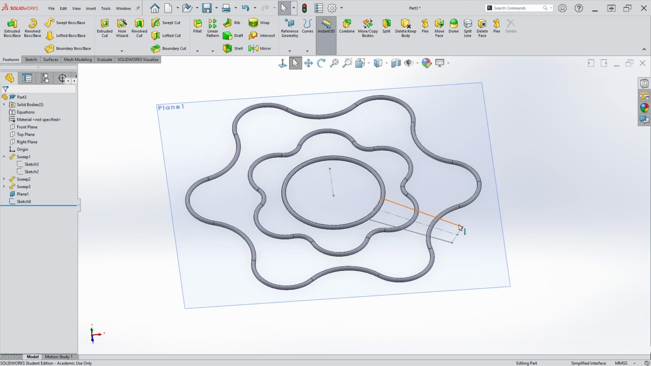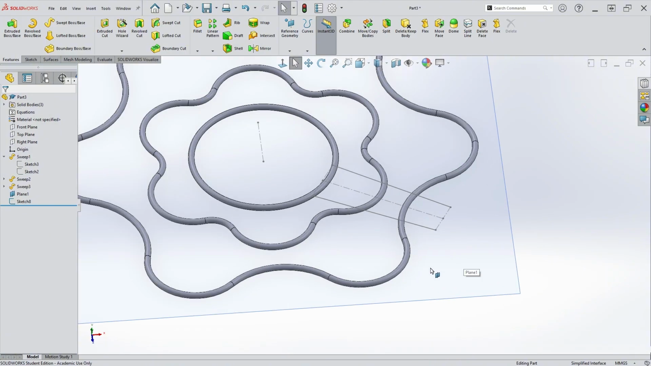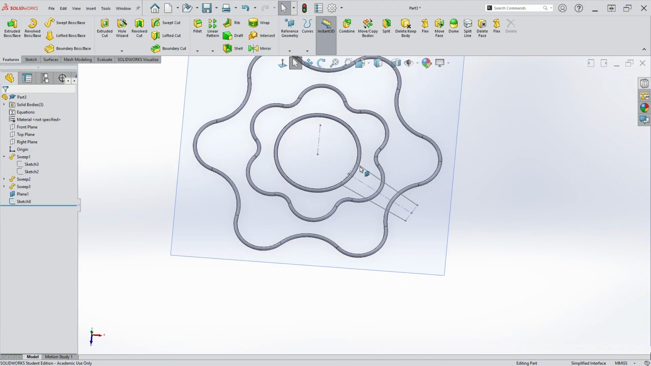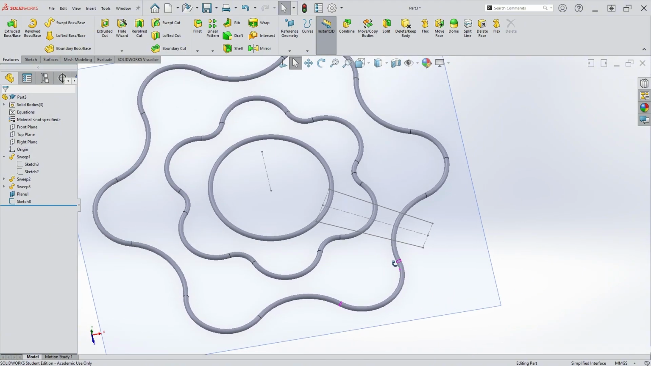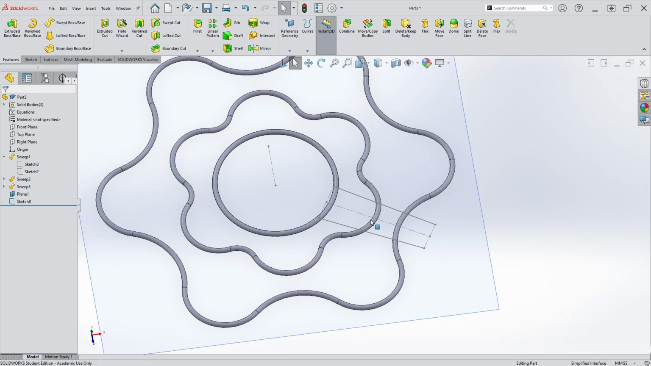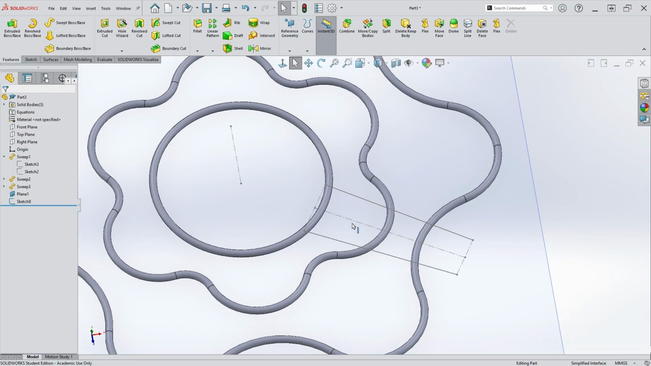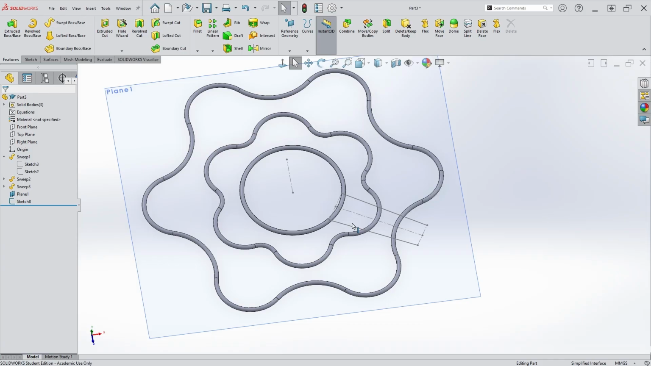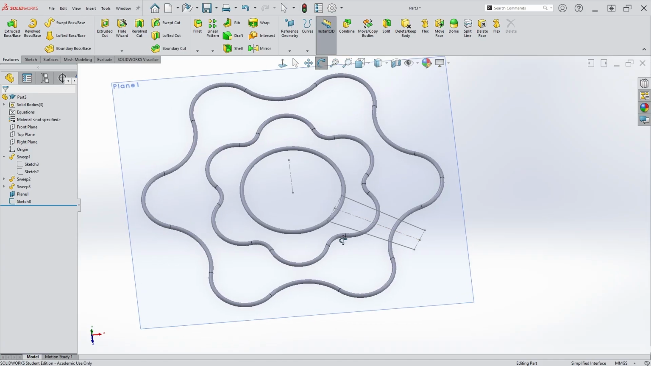Sometimes you have to do that. Sometimes you mess up and you have to go back and rearrange things. That's what's perfect about having certain commands in SolidWorks. They kind of have it set up to where if you make a mistake, then you can fix it. All right. So now what we want to do is